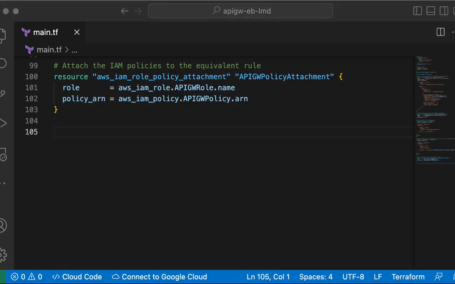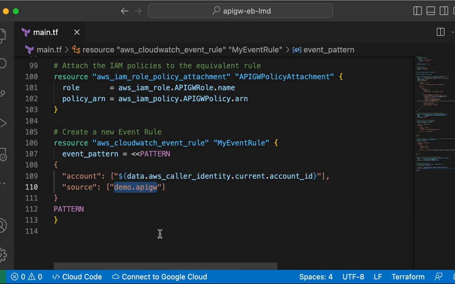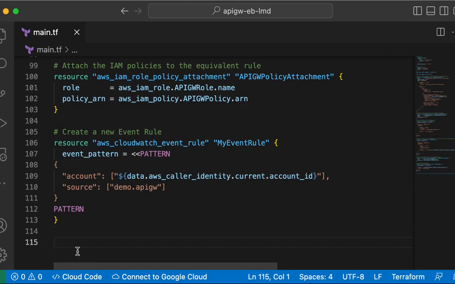And we do that first by creating this event rule resource. When we create the event rule resource, we specify a pattern, and the pattern sets the account that we're using. So this is from our data block above, and it sets a source, which is our API gateway. Now you might see and say, hey, why does it say CloudWatch? The event bus used to be part of CloudWatch, or the EventBridge used to be part of CloudWatch essentially. So there's still some CloudWatch naming in the Terraform configuration. So this will create a pattern, an event rule pattern, and the next thing we do is we set an